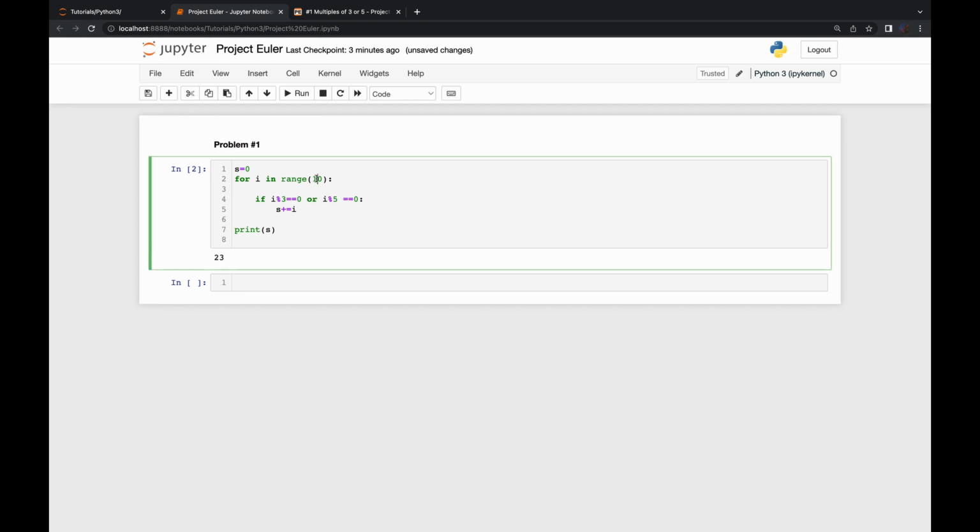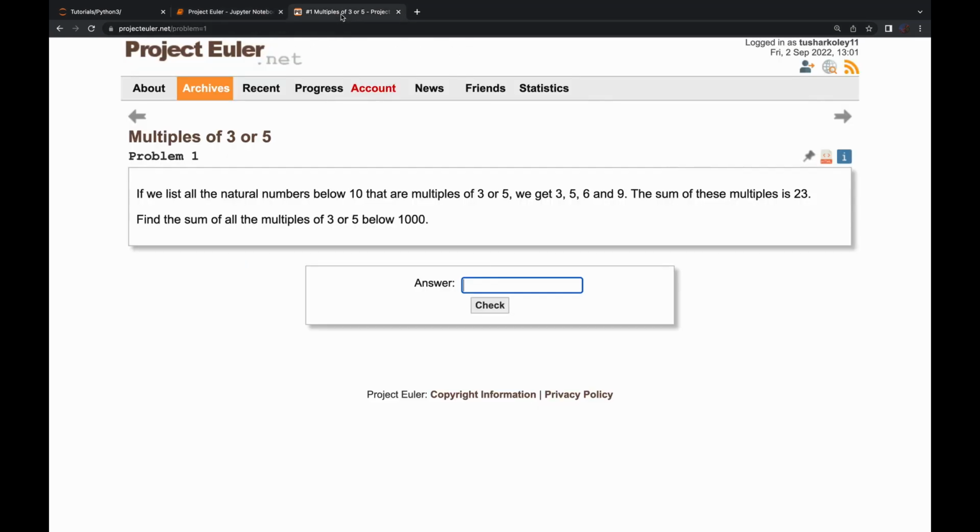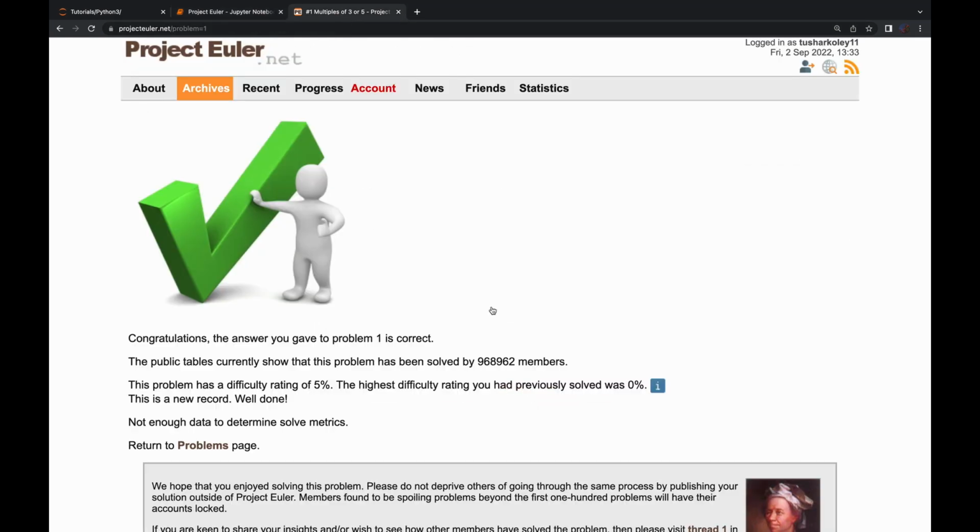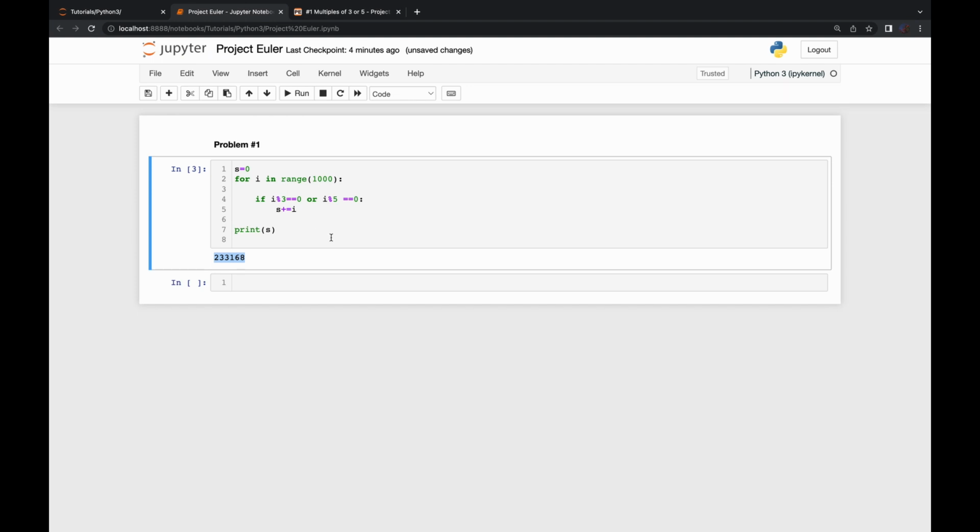So it says 23. Now we have to go until 1000. If we do that, this is going to be the sum. Let's see if that answer is correct. Yes, the answer is correct. However,